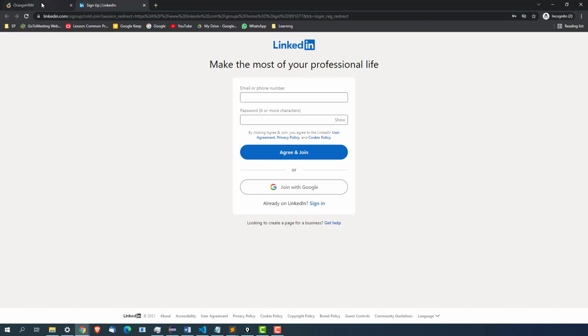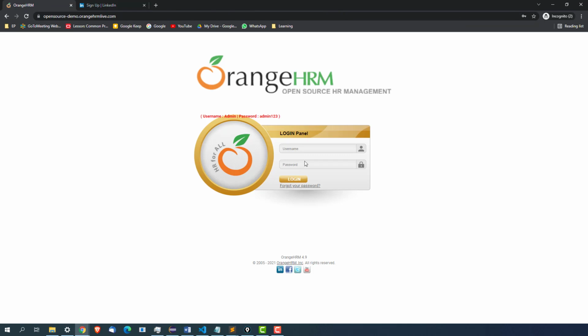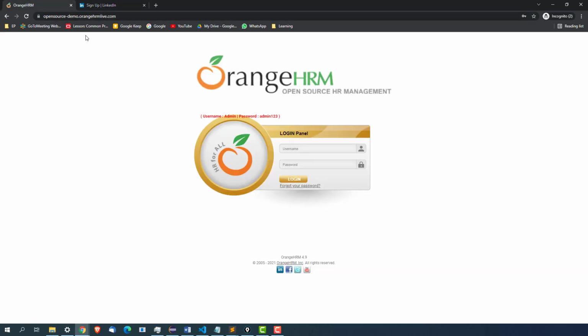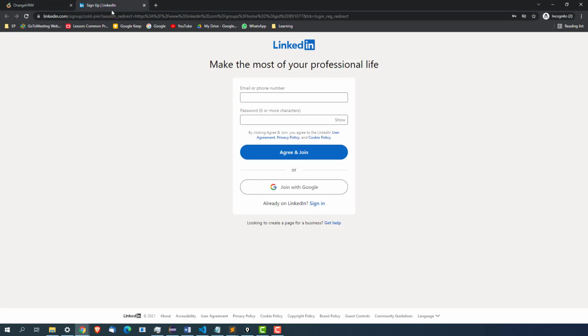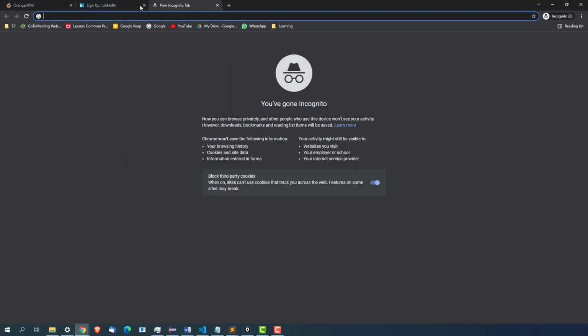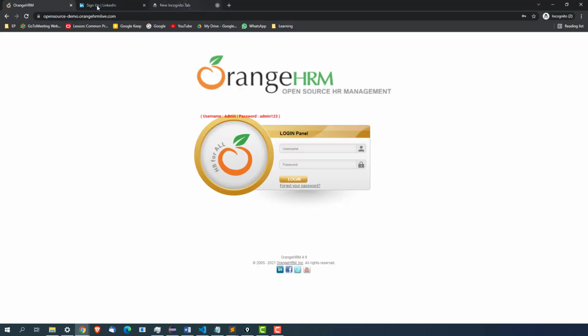So what we will do now, we will try to switch from this window to this window. Okay, and we'll do some operation, we'll come back to this, close this and go back to Orange HRM. So switching from one to second to back to one, and again going back and closing, that we will see one by one. And we will also discuss that suppose while running your session, if you want to open a new application in the same browser, you want to continue and go back, that also we'll see.